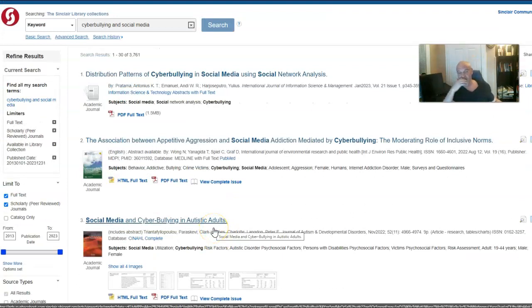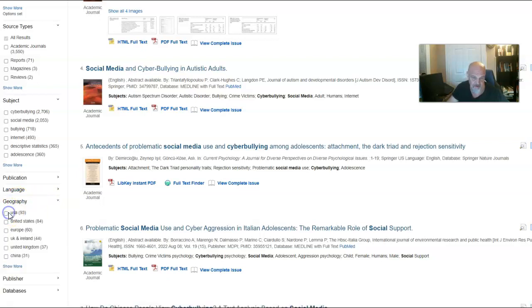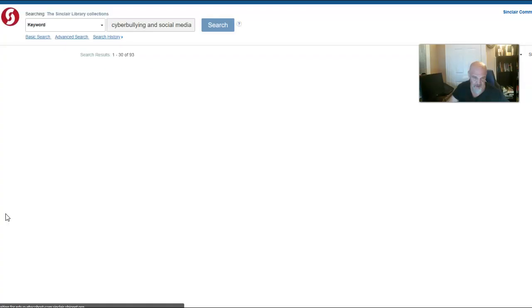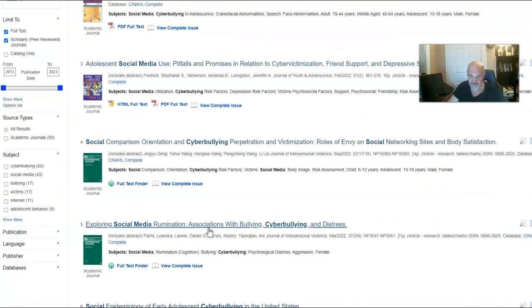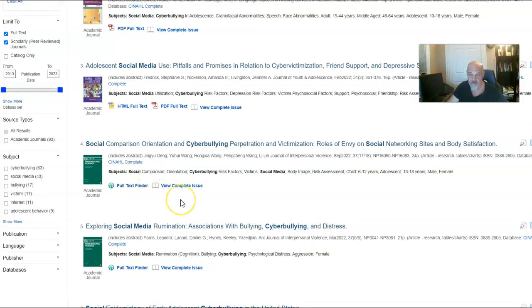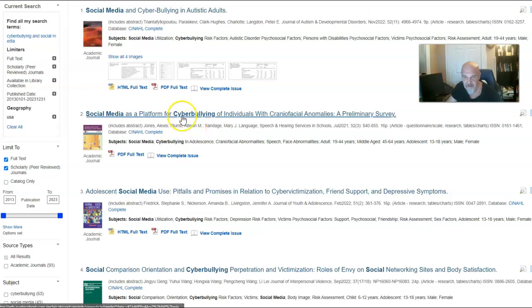So let's try limiting it to United States or English-speaking countries or whatever. Let's go down here, geography. I'm going to go USA. And that took us down to 93. That's just stuff published here in the United States, okay? And you've got articles. So here's the thing as you're scanning the Sinclair Library. If you go down here, and these are some really sad articles,